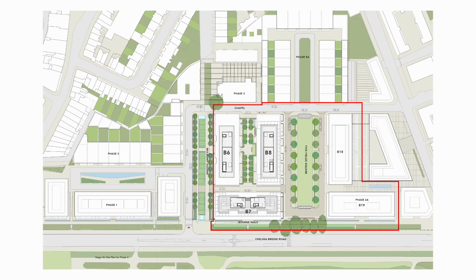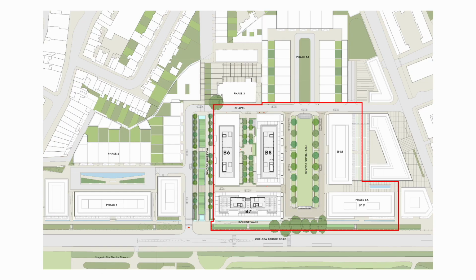The red line shows phases 4 and 6, which are around the new master plan, which is a set of streets and squares. Importantly, running north-south, up and down on the plan, is the new route through the barracks. We've got to remember this was an enclosed space for the military, opened up to be a residential mixed-use scheme. Our 3 buildings, which you see at the centre of the slide, buildings 6, 7 and 8 as they were in the master plan, are apartment buildings, 8 stories high, and they face to the east a new square, Fifield Square, on the left of the drawing,